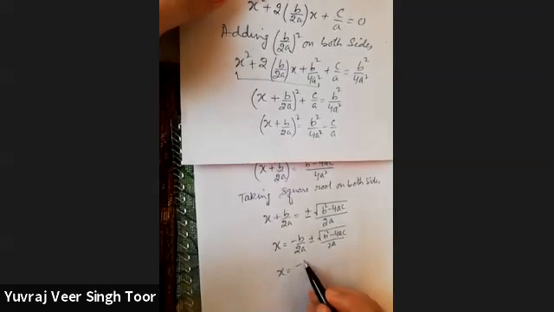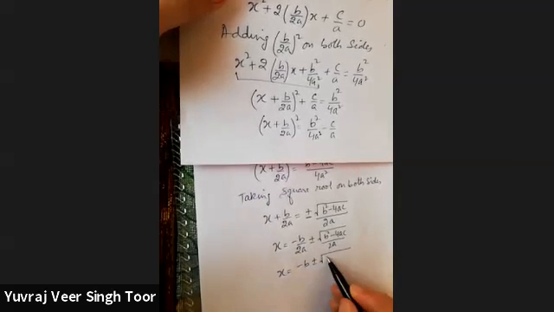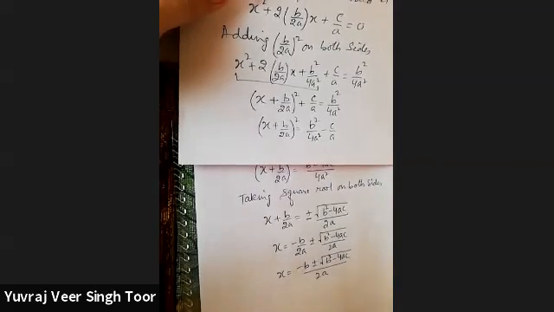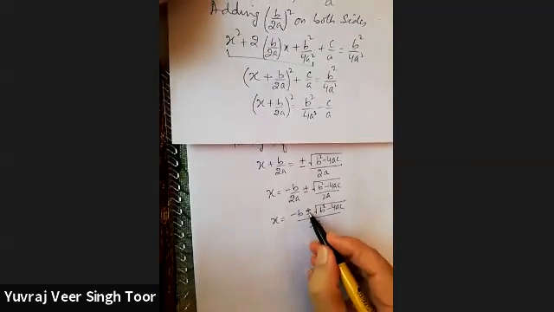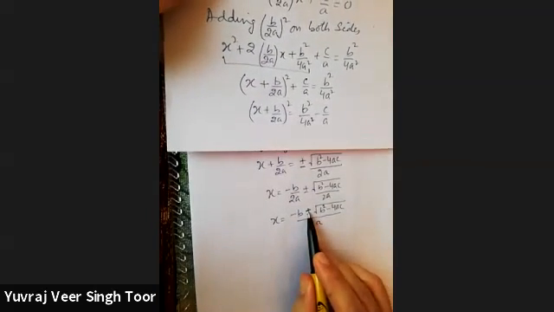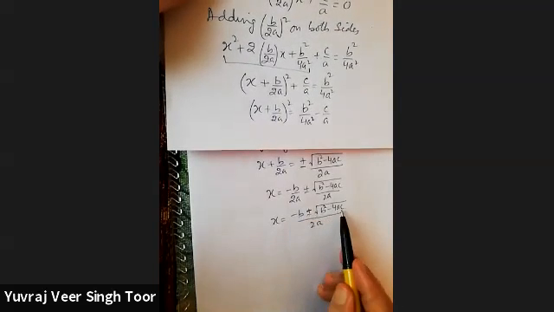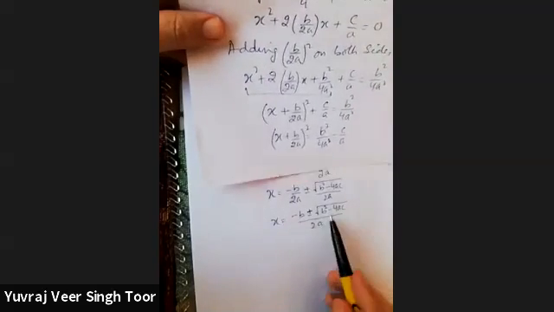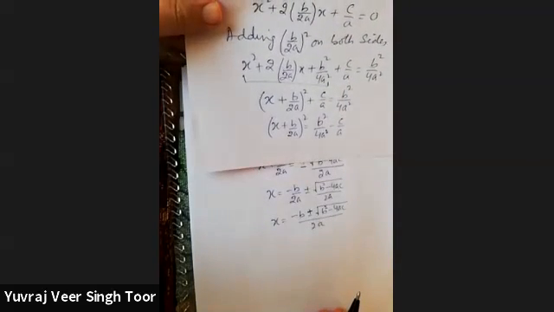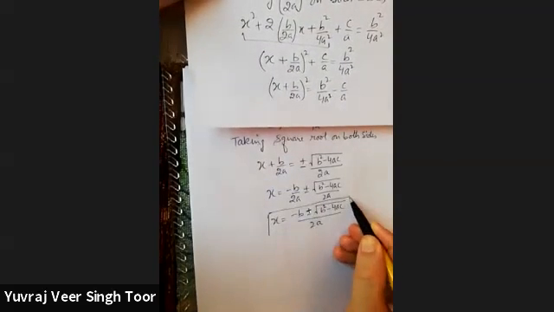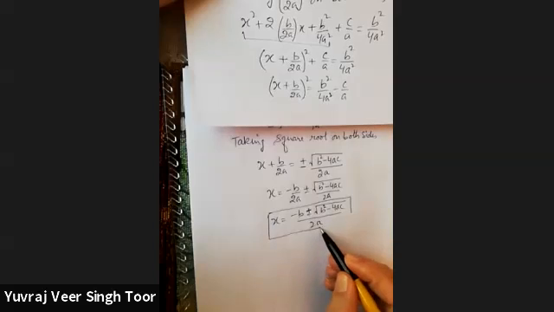So we have reached a formula which has two values. Once you will be using plus and next time you can use minus. What are this a, b and c? These are the respective coefficients. You have to simply fill these coefficients and get the answer. So these are the two roots which you always find with the help of factorization.